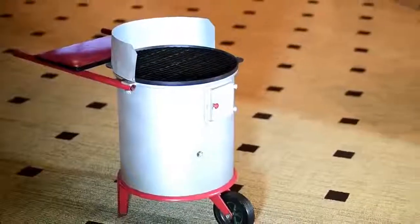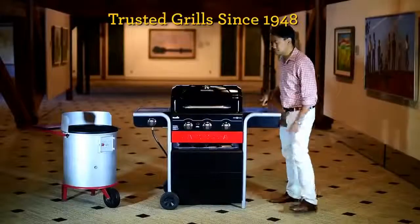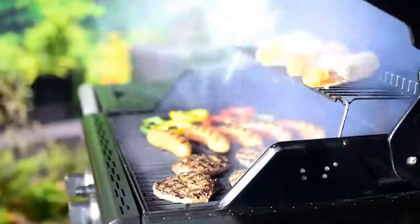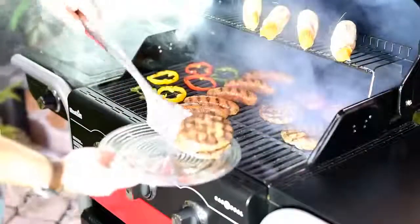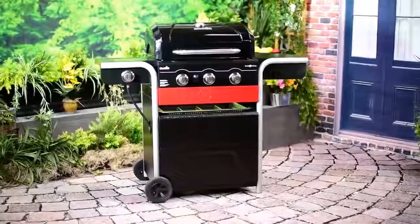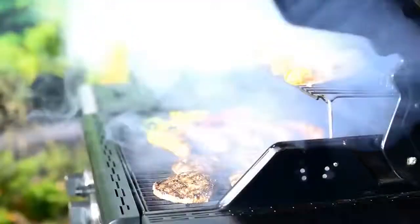At Char-Broil, we put the first charcoal grill on the market back in 1948 and have been innovating outdoor cooking ever since. Along the way, we've listened to you and learned about the features you need to grill with confidence. Easy to clean porcelain-coated cast iron cooking grates, a lid-mounted temperature gauge, large side shelves, a side burner, 2 wheels to make it easy to move around, and durable construction. The new Char-Broil Gas to Coal delivers all the features you need to bring